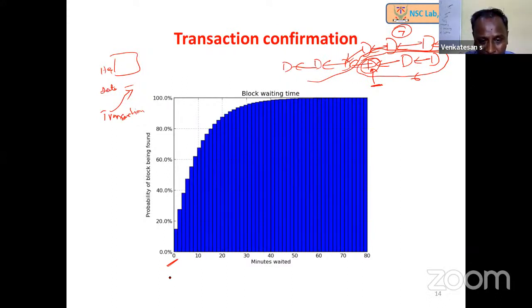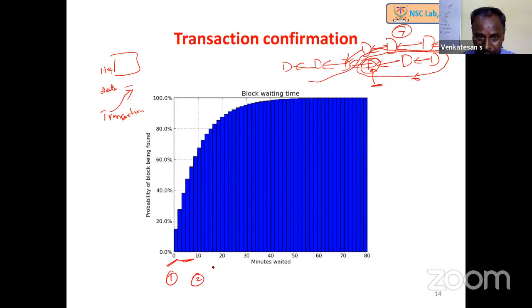Let's say the block number 1. Now, if I am going to act on it, this is the minutes. This is considered because we know the average time of each block in case of Bitcoin is 10 minutes. If I am going to act on that particular transaction, which is added into the block number 1,